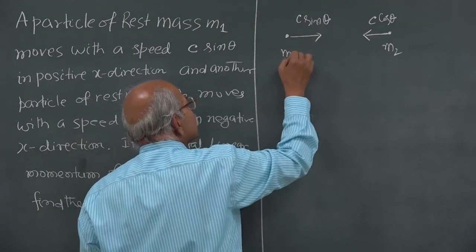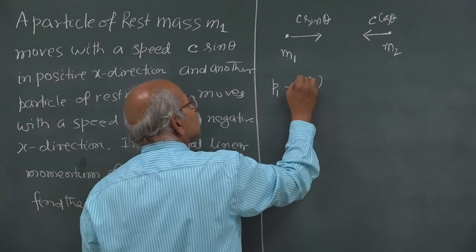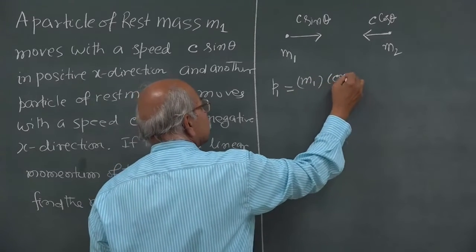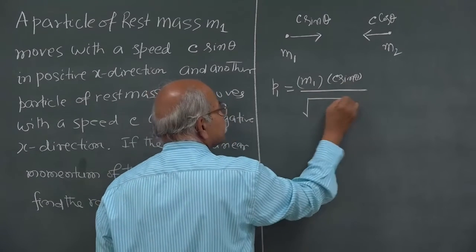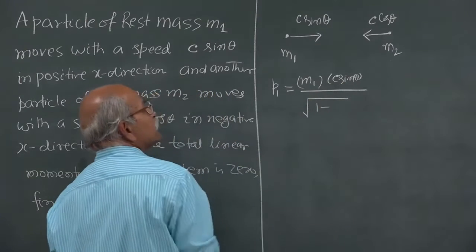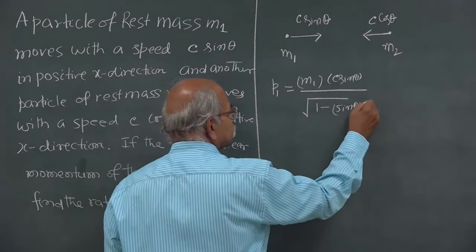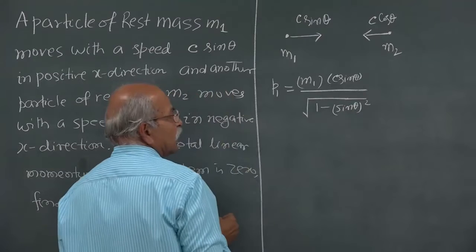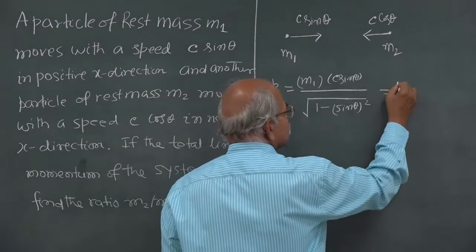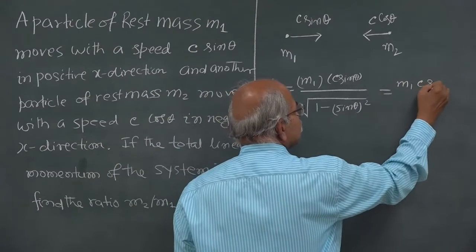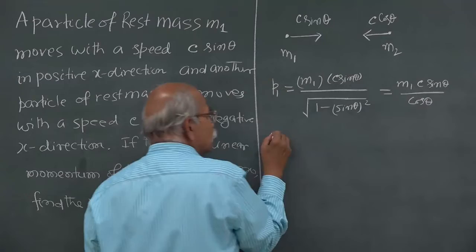magnitude of linear momentum of this particle p1, that will be m1 times c sin theta and then divided by square root of 1 minus v by c whole square, so sin theta square. So, this is m1 times c times sin theta divided by cos theta,